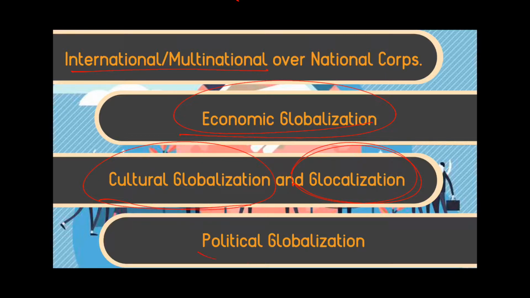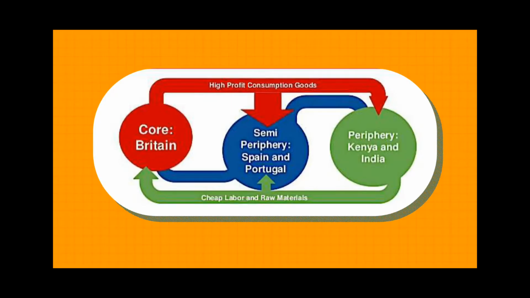And then we have political globalization, wherein there are political organizations that govern many countries in agreement. So for example, we have the United Nations, World Health Organization, World Tourism Organization, etc., etc. Now, in a global society, countries could be categorized as core, semi-periphery, and periphery. Core countries are characterized by high profit consumption of goods, and they are the ones that basically head the development